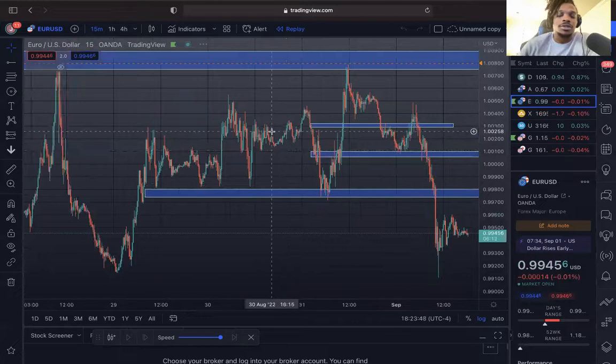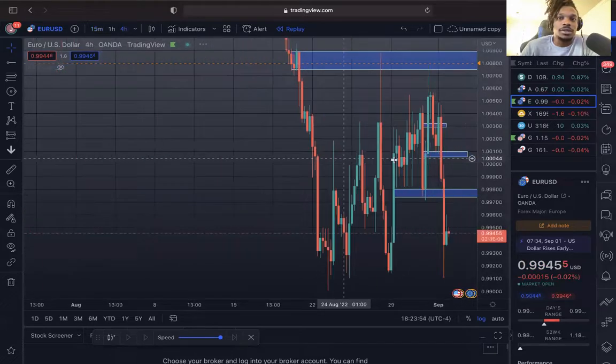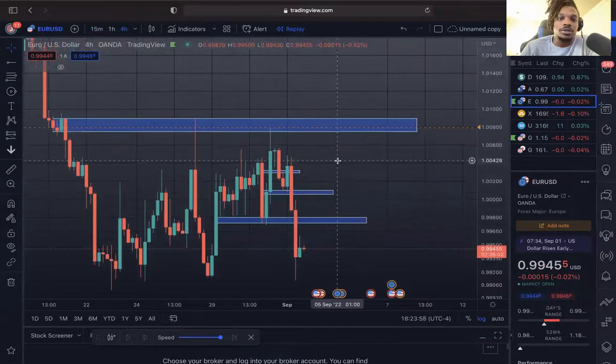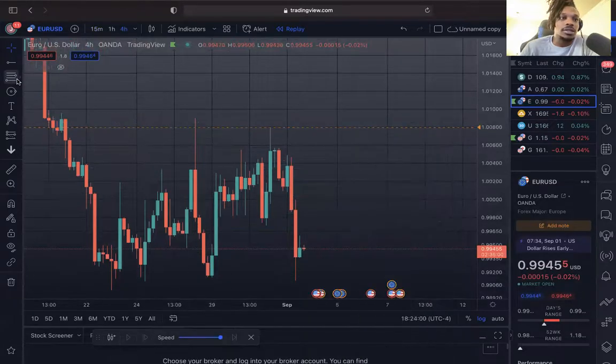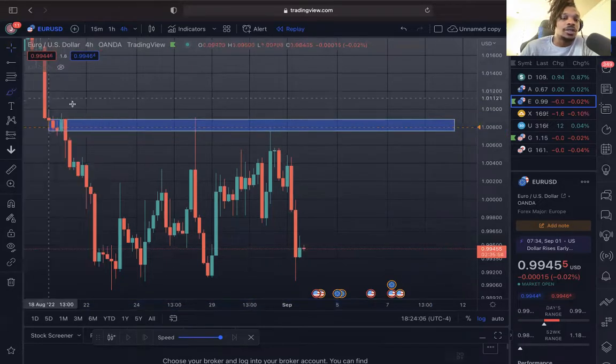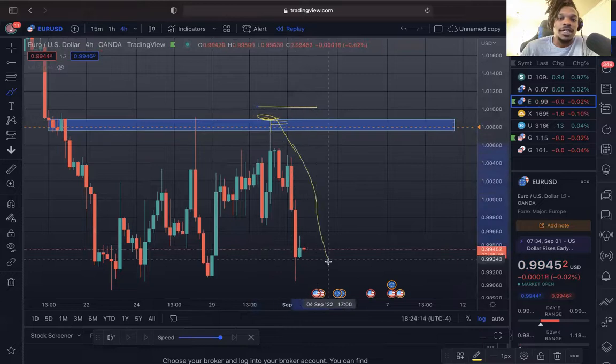All right, so Euro USD. If you look at Euro USD, this is something I actually said that the market was probably going to do. And guys, exactly what I said in my last video, the market did do what I said it was going to do. It literally tapped into the zone right here. Now, I really wanted Euro USD to come up to fill this whole wick right here, and then I was going to put in the sell,